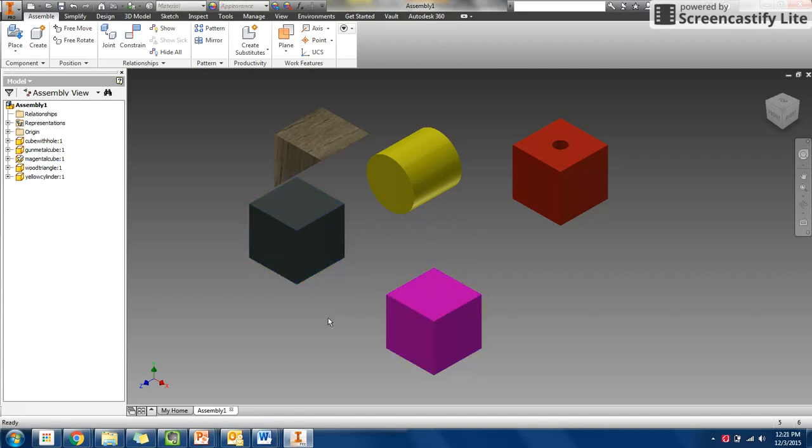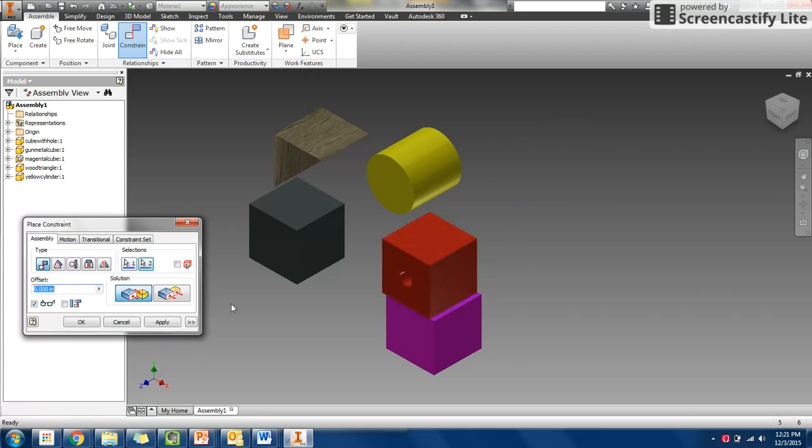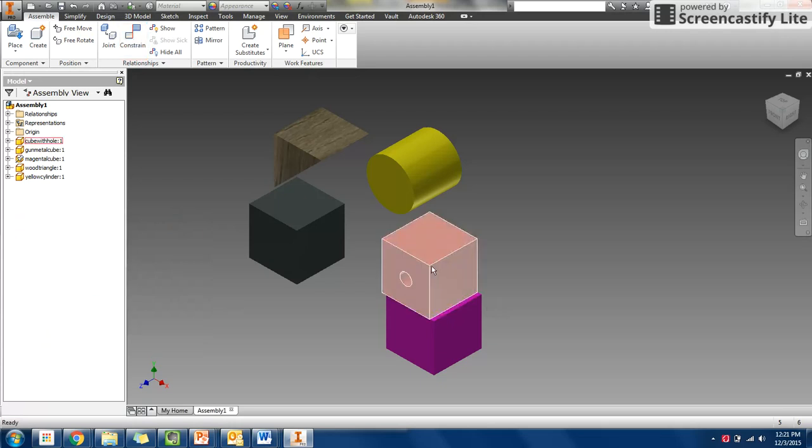Okay, so now I could start my mate and flushes. So I'm going to find my constraint. As I find my constraint, it's automatically set to mate. I'm going to choose the top here with the red cube, and then I could hit apply. And what I end up seeing is I see my cube on here,